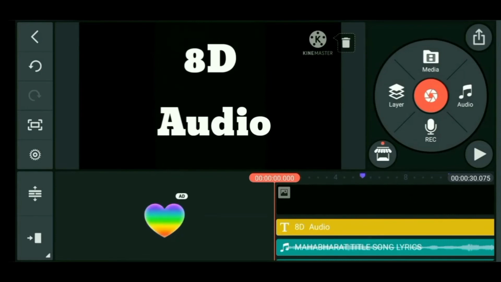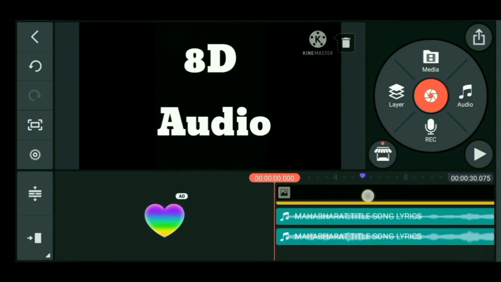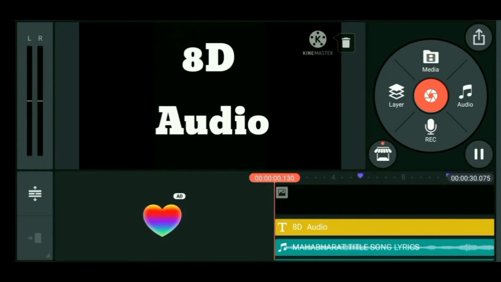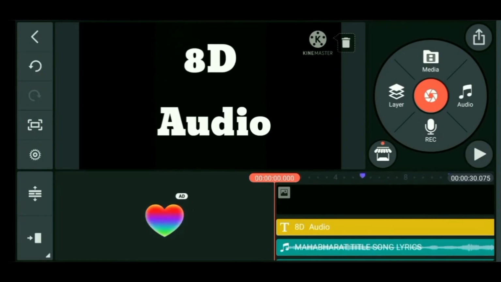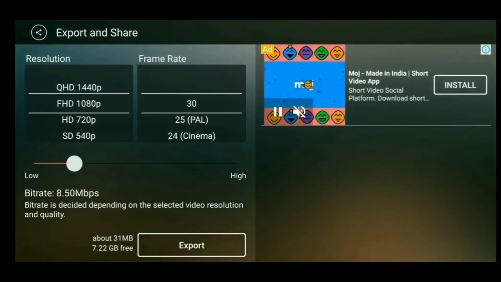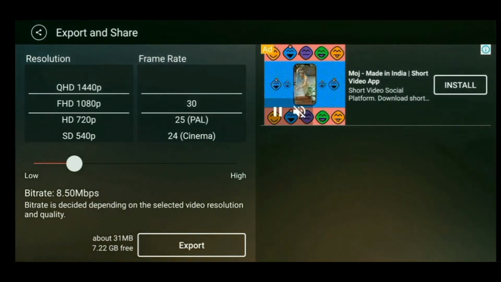And now when you play it and wear your headphones, you will feel how it turns into an 8D audio. So we have made an 8D audio. You wear your headphones, listen to it, and you will get that feeling as if this is 8D. After that you have to click on this and click on the export button. And when you export it and listen to it, you will really feel as if you're hearing 8D audio, and it is 8D audio.